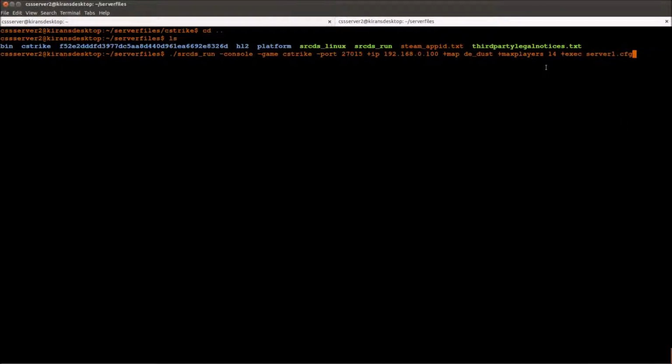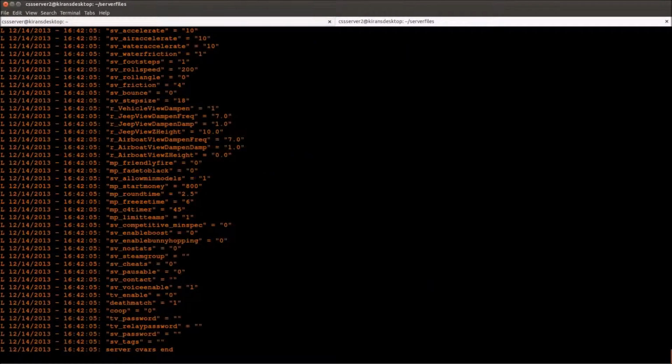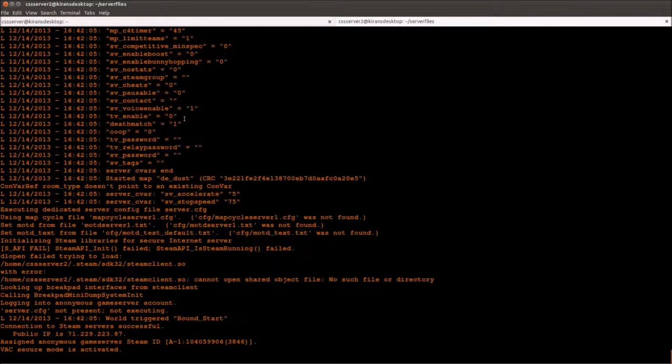And max players is how many players you want on your server. 14 is pretty good for this server. And server1.cfg is the configuration file for the server and all the server settings. And once you execute that, let's see here, there you go, that loads all that, and our game server is live. And to actually test this, I'm going to show you, well, I already have Counter-Strike installed on my other machine, so I'm going to bring that up and show you that this actually does work. So let me just do